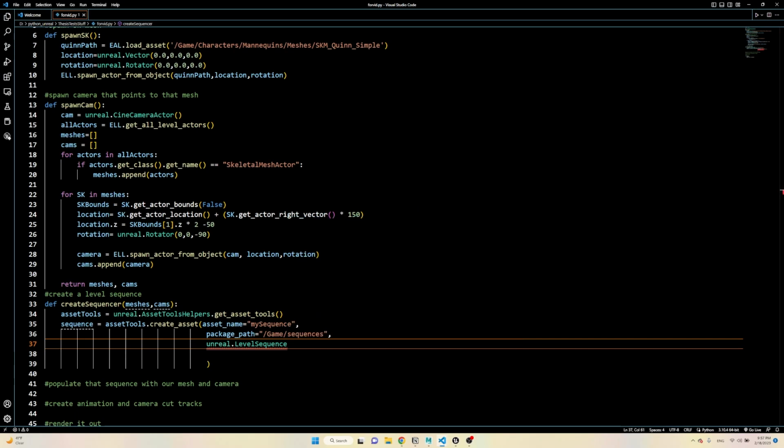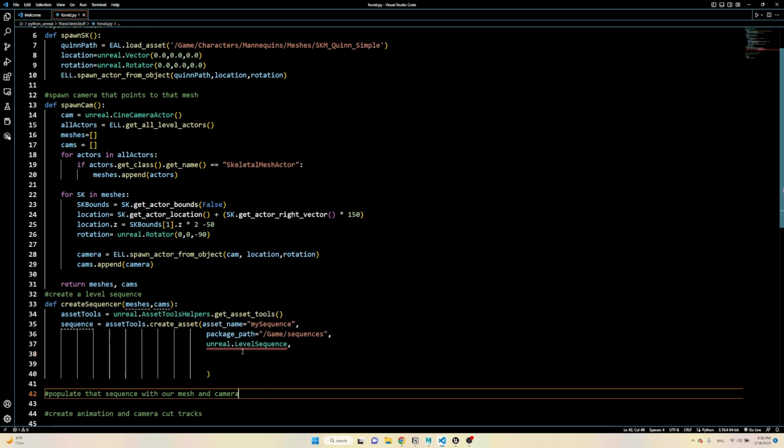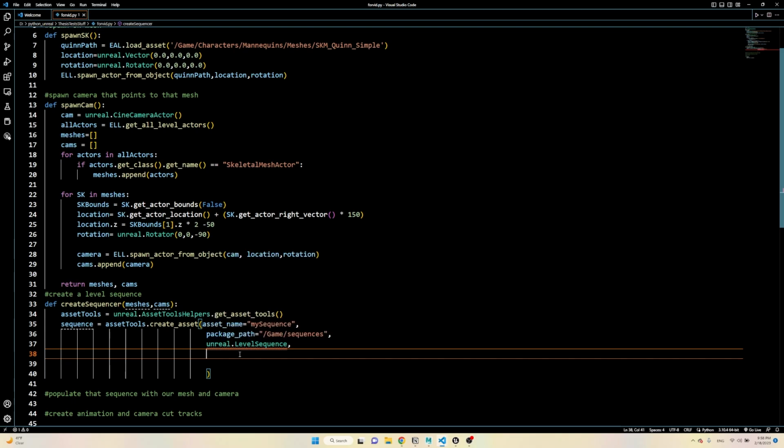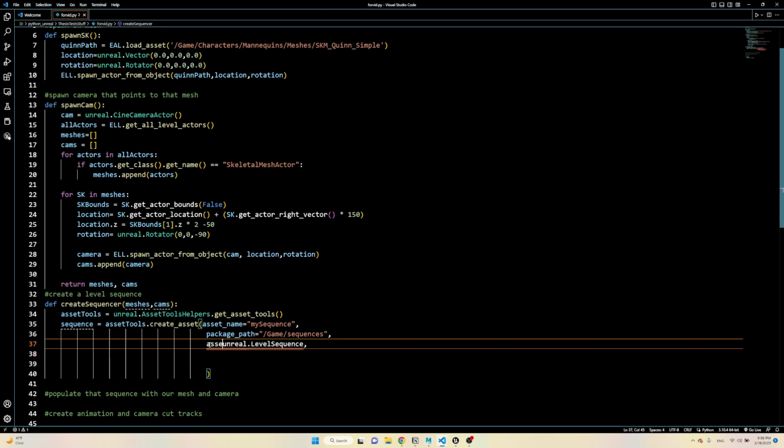And I forgot if we had to instantiate it. I don't think so though. Unreal.level sequence. Why is it mad at me? Positional cannot after keyword. Oh, right. Asset